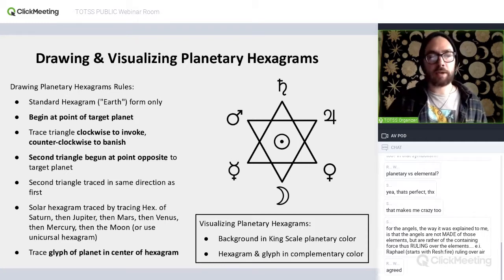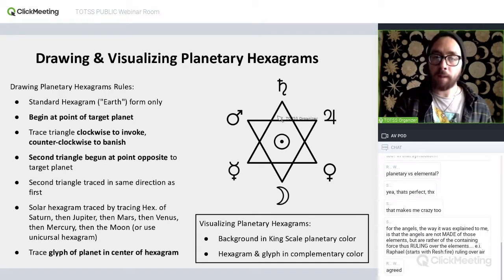So you begin your hexagram at the point of the target planet, and then you trace that first triangle, going clockwise to invoke and counterclockwise to banish. Then after you've traced your first triangle, you jump to the opposite point from the one you started with. So if you're working with Saturn, you would have started here, and if you're invoking, you trace a clockwise triangle here. And then you jump to the opposite point, which would be here,